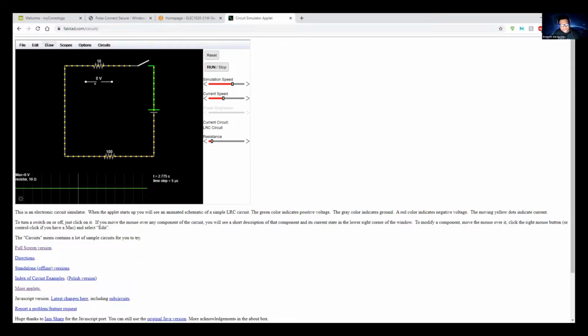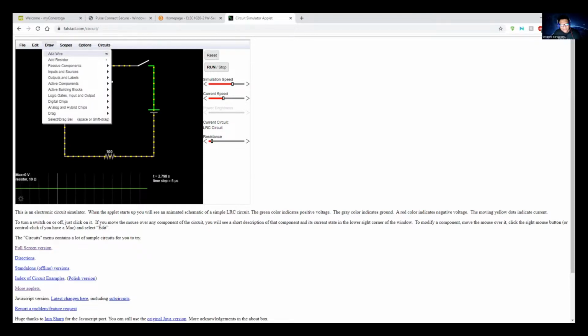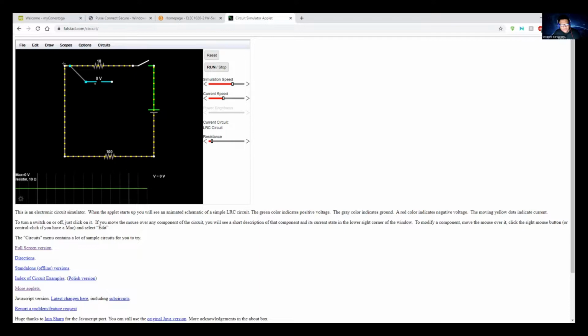So now I will go back to draw and I'm going to add a wire. From there, I'm just going to click, do a left click, hold it, and go to the spot where I have my connecting point. So now I'm going to rerun the simulation. Let me run it again. When I rerun the simulation, you can see that here we actually have minus